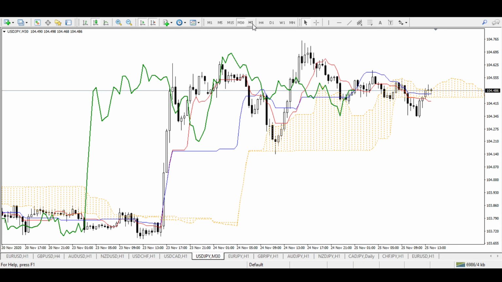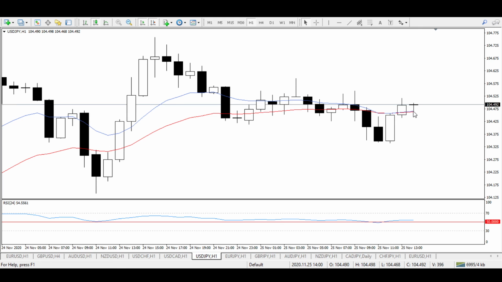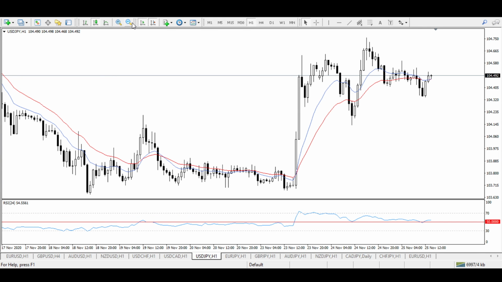Plus we have all the criteria met by the market on this 1 hour time frame. For example, you can look at the moving average crossover. The blue line tried to cross below, but now it's staying above the red line. If I zoom the chart, you will be able to see the blue line is staying above the red line. So that's all about USD JPY in terms of technical tools, and now is the time to talk about where